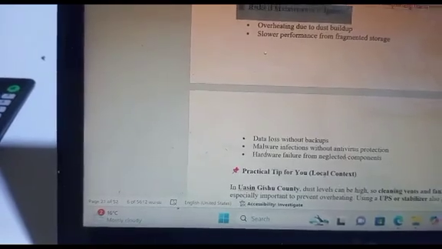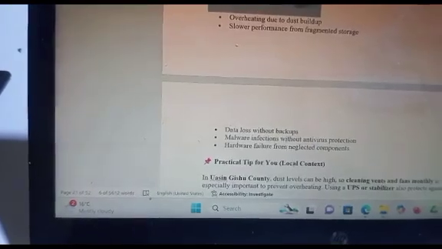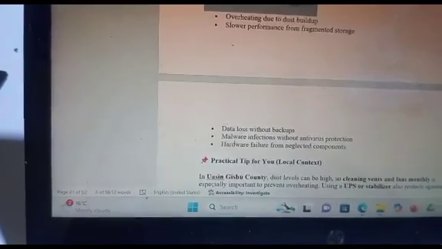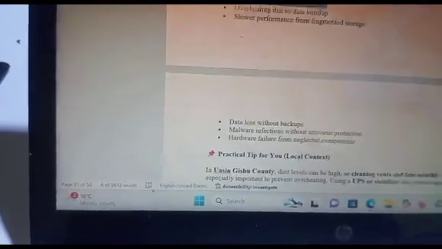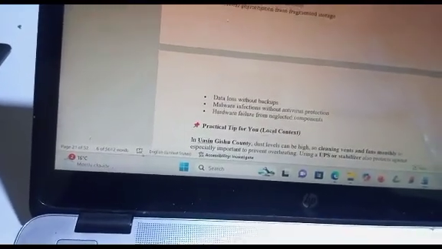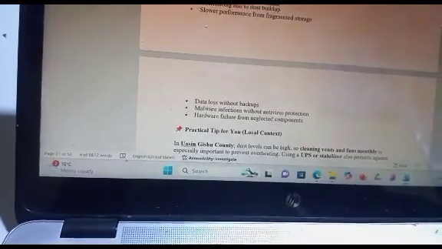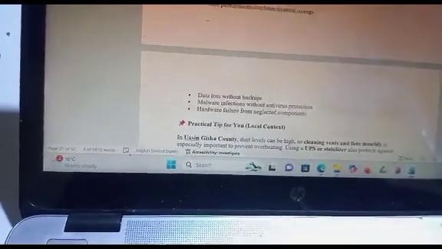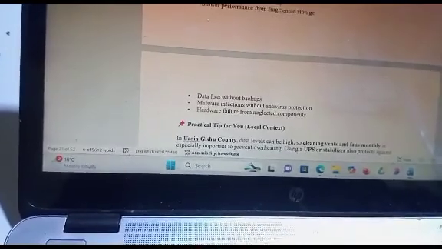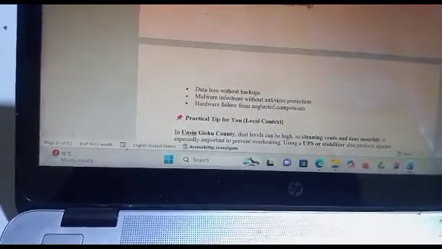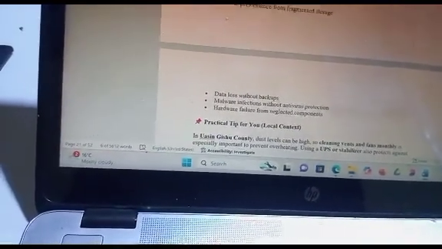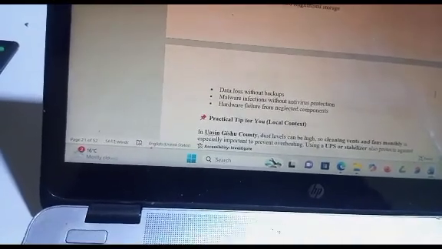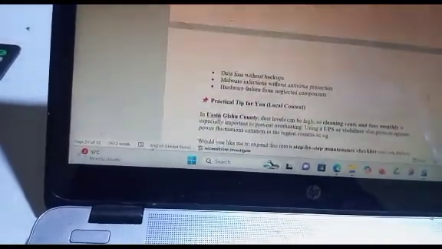If ignored, the system is going to overheat due to dust buildup. Then the system will become slower from fragmented storage. And then there is also data loss without backups. If you don't keep data backups, there is malware infection without antivirus protection, and then there is hardware failure from neglected components. So maybe you need to practice on a small computer, especially in your area of